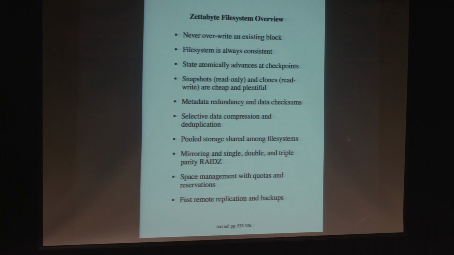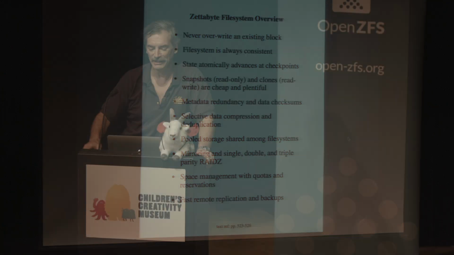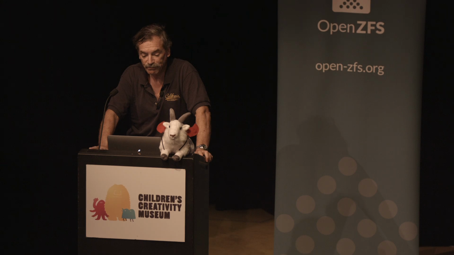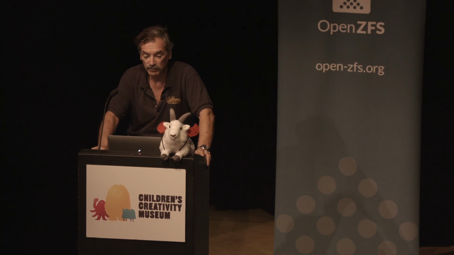Another huge step forward is the notion of pooled storage. By that I mean there's just a big pool of storage and you have a bunch of file systems and any file system can claim space out of the pool. Historically, we had the requirement that you say how big the file system is going to be when you make it, and if you didn't make it big enough, you couldn't say, oh, could I get some space from that one next to me? Like, nope, sorry, can't do that. So the pooled storage, again, was a huge step forward. I already mentioned that you have RAID Z, and then you can have single, double, or triple parity, which means you can lose 1, 2, or 3 drives and still recover it.